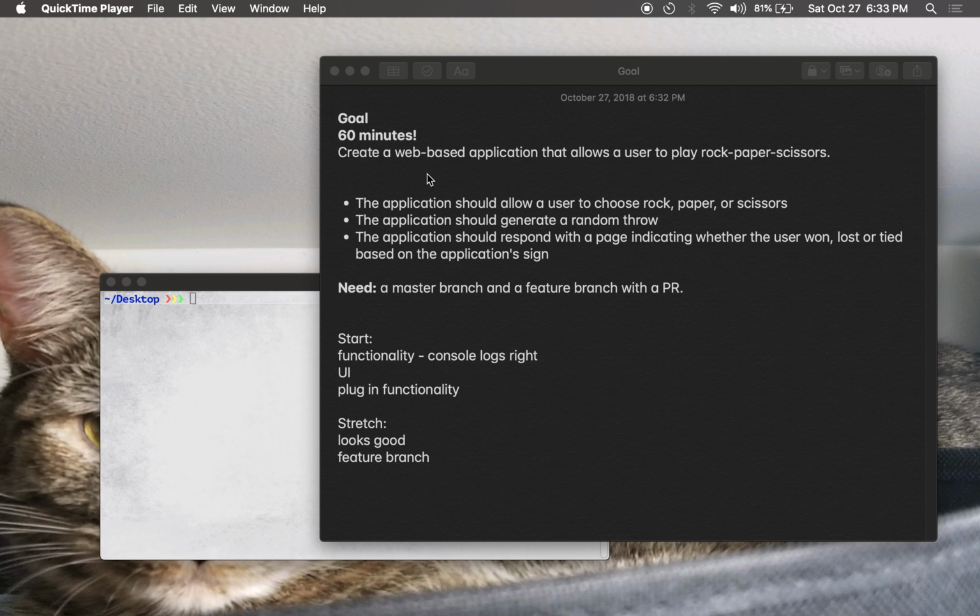Today we're going to be doing a 60-minute sprint to see if we can achieve this goal, creating a web-based application that allows a user to play rock, paper, scissors. The application should allow a user to choose rock, paper, or scissors. The application should generate a random throw. The application should respond with a page indicating whether the user has won, lost, or tied, based on the application's